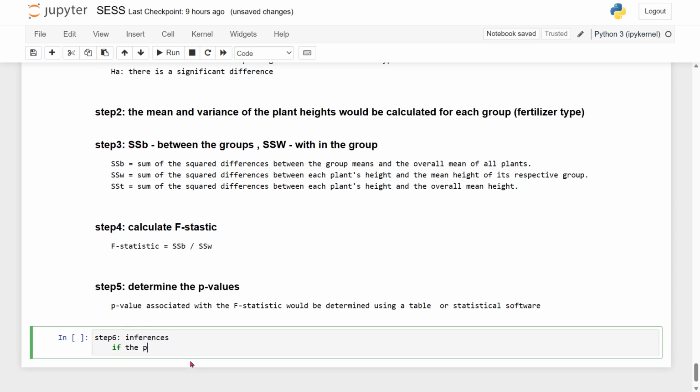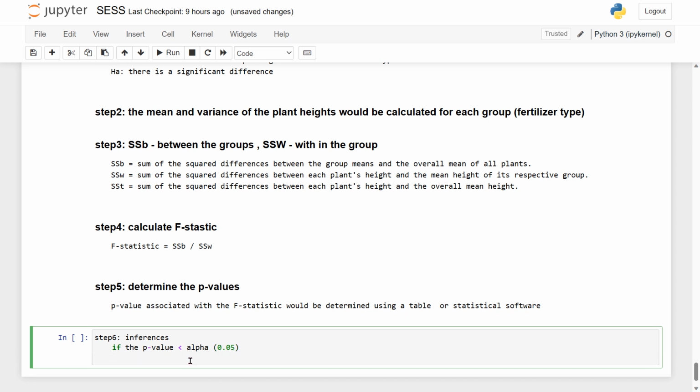If the p-value is less than the significance level, alpha, which is 0.05, then it's pretty straightforward. What will we do? The null hypothesis would be rejected,